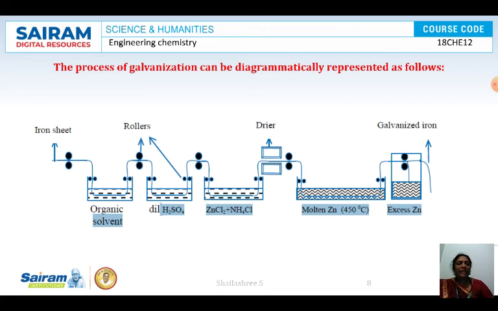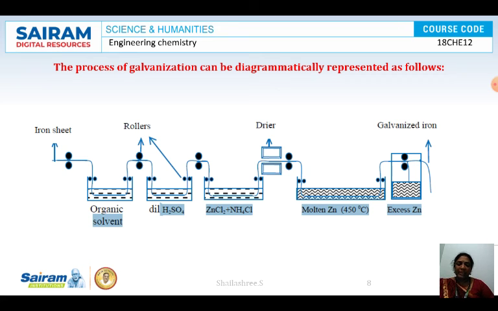Once again we will recap the important points here. What do metal coatings mean? We are coating any other suitable metal on a base metal, iron. Generally, metallic coatings mean coating any other suitable metal on a base metal. There are two types of coatings: anodic metal coatings and cathodic metal coatings. Anodic metal coatings are those where the base metal is coated with any of the metals present above it in the electrochemical series. Cathodic metal coatings are those where the iron is coated with any of the metals present below it in the galvanic or electrochemical series.